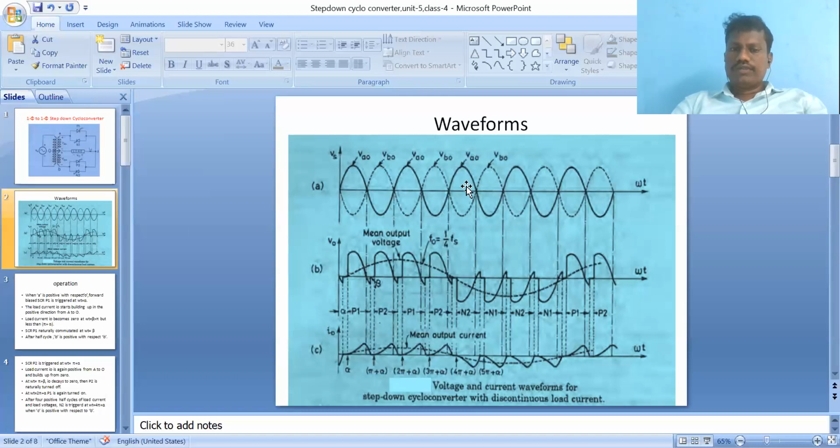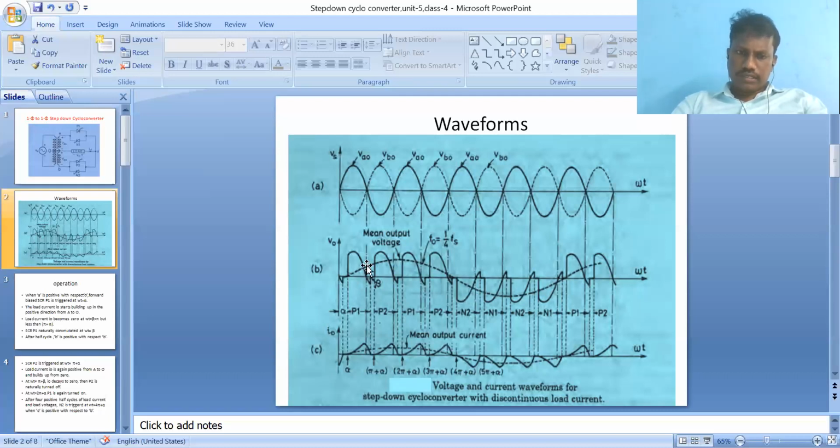Va0 is negative, then VB0 is negative, then Va0 is negative, then VB0 is negative. Like that, the thyristors come in conduction mode. So when N1 is triggered, we get a waveform like this, then negative spikes due to the presence of inductive load. Once N2 is triggered, the output voltage is negative. After applying forced commutation to N2, N2 is in off state. Then applying the firing pulses to N1, N1 comes in conduction mode up to this, then negative spikes due to inductive load. It happens up to 4 negative half cycles.